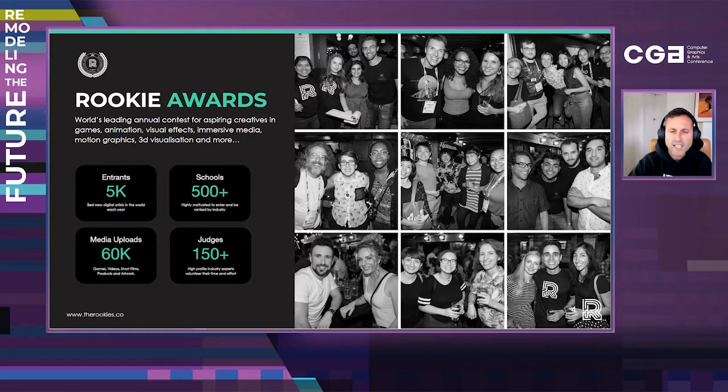So you can be an individual, and you can enter into the Rookie Awards categories, and that could be for visual effects, it could be for game development, it could be for 2D, 3D animation, motion graphics. So we have 10 different categories that you can enter into with your portfolio of work. That portfolio of work doesn't have to be unique for the contest. It can be an accumulation of your student work as well as personal work or other work that you've entered into other contests. It really is just trying to look at your best work, creating an entry from that, and then submitting that into that category.